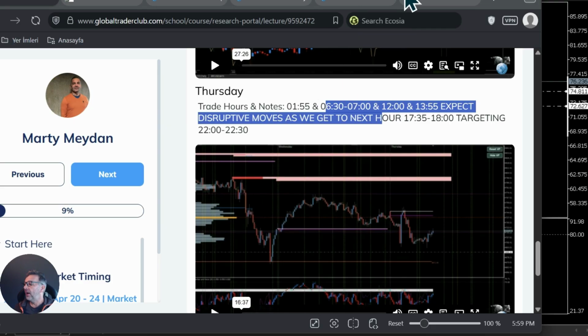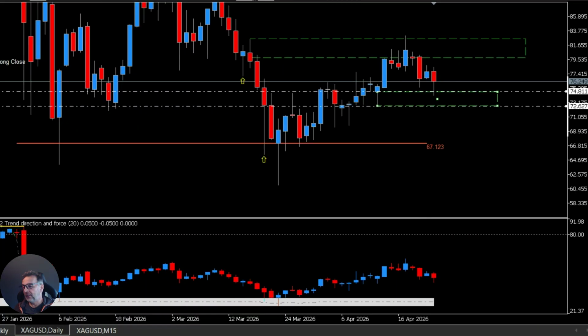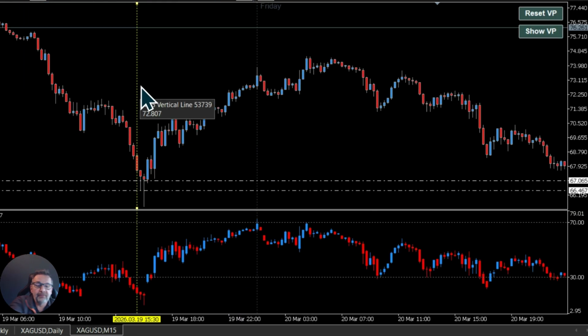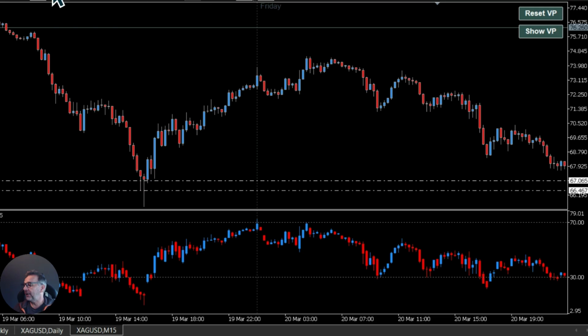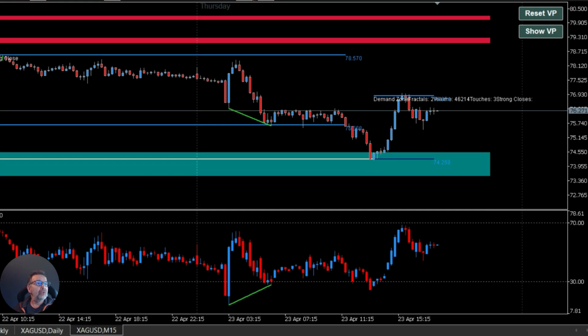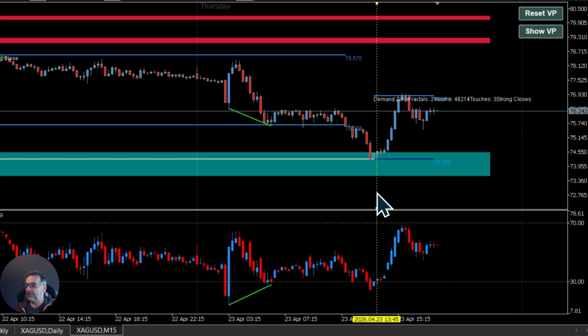So let's put these on the chart, on a 15-minute chart, and then see when we came into this zone, right? So let's put them in. Let's get rid of this and let's push us all the way into the current day. So here we are. So all of those trade hours, let's put them in. Thursday we're in. The platform is currently at the same hour as I am, which is good. Now look, we had 155, remember? This is 155 bar. The pricing was